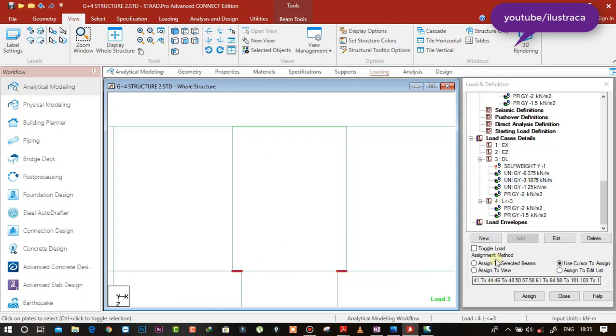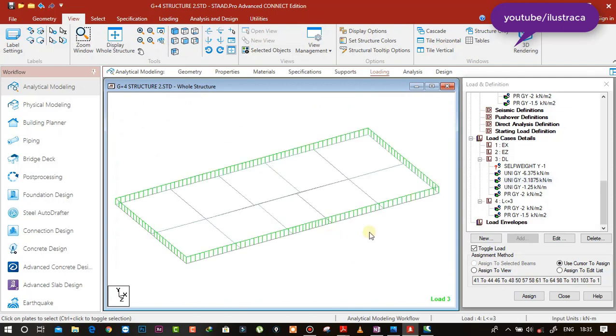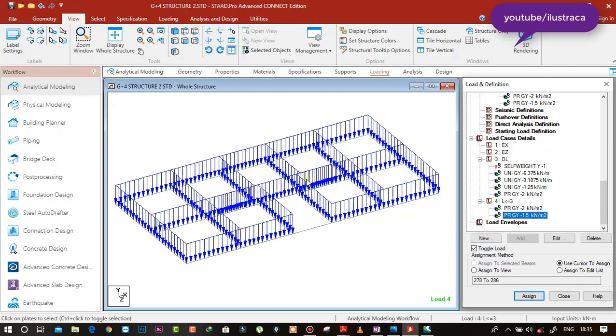We need to remove this toggle load assigned to selected beams, assign yes. I hope it is removed now. Okay, yeah, no other, and this is our plate load.